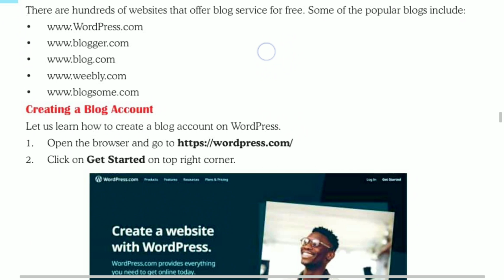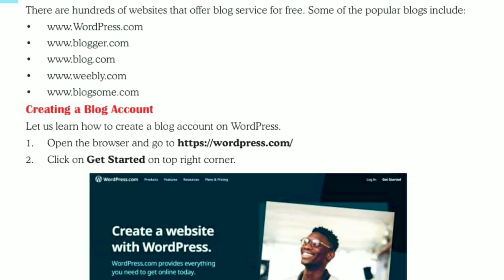There are many different websites that offer free blog services. Some of the popular websites that offer free blog services are, as you can see on the screen, w3.wordpress.com, w3.blogger.com, w3.blog.com, w3.weebly.com, w3.blogsome.com, and so on.